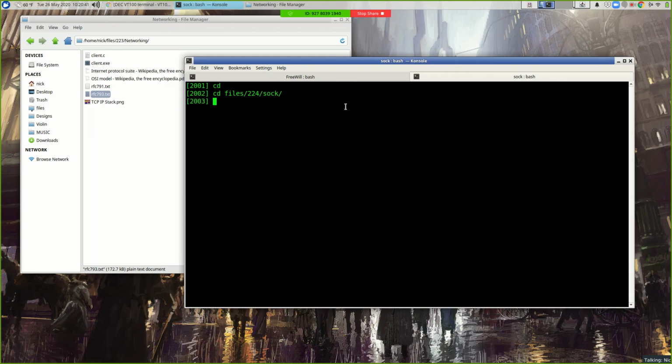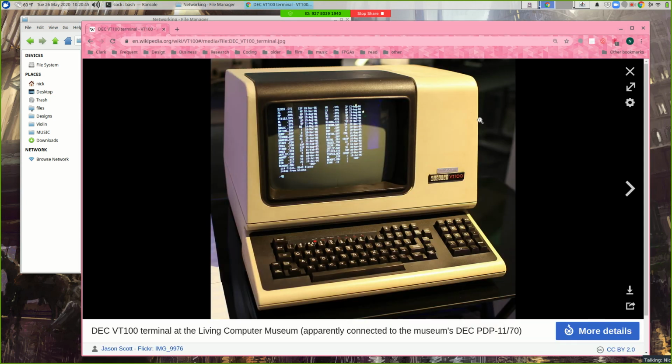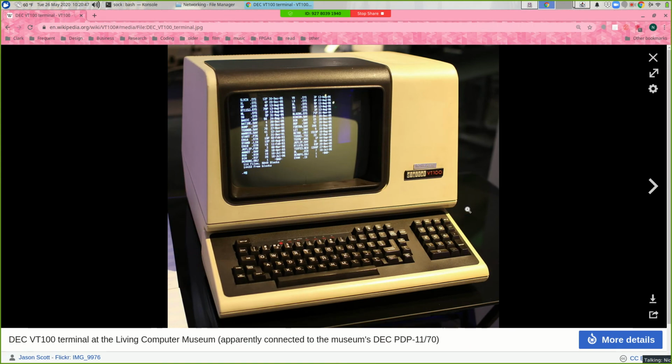And what was a terminal? This was the most popular terminal. It was called a VT100. This is basically a hardware version of PuTTY. What is PuTTY? It's a program you run. It lets you type keystrokes and sends them to the Linux server. And when the Linux server sends information back to you, PuTTY displays it on your screen. Well, that's what this device did. It was a physical implementation of PuTTY,